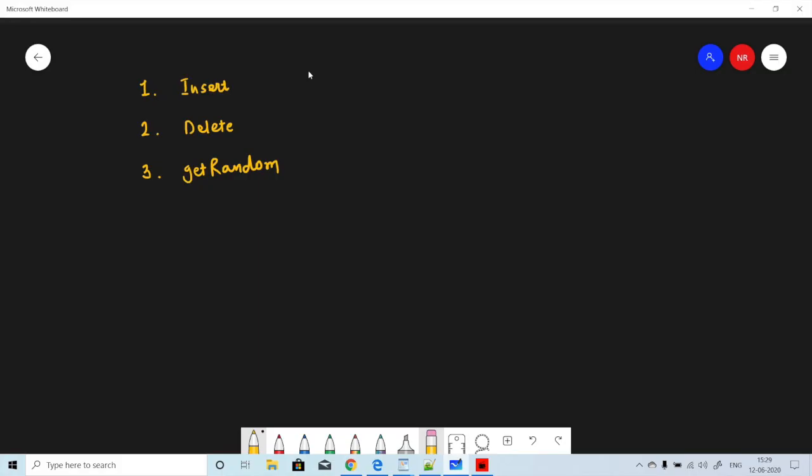All right, now let's do a trade-off between some of the data structures we have. Let's say first we take an ArrayList as our underlying data structure. In the case of an ArrayList, insert is going to be O(1). But delete, as we know, if the element is present, we need to shift all the next elements one position to where we deleted. So in the worst case it is going to be O(n).